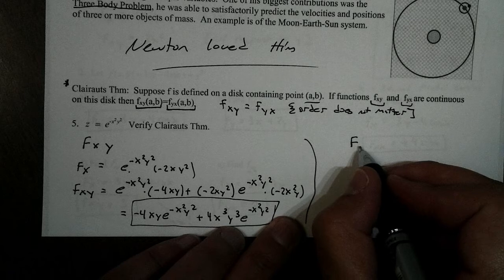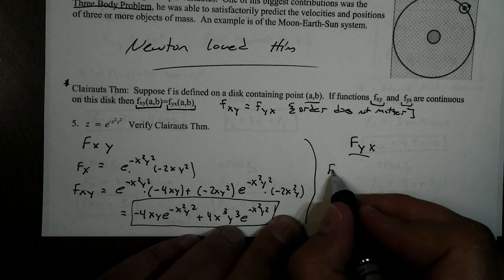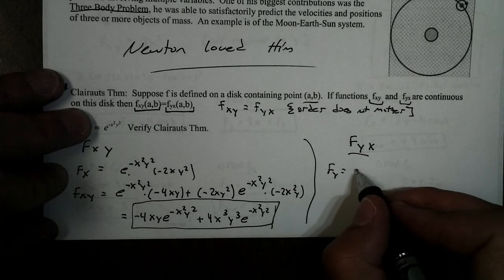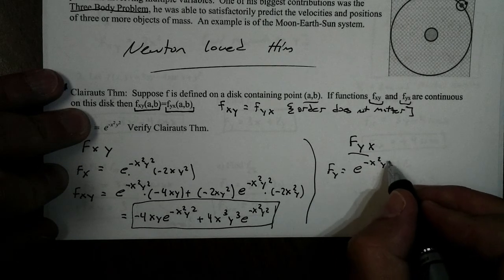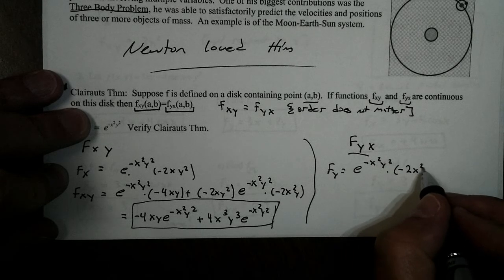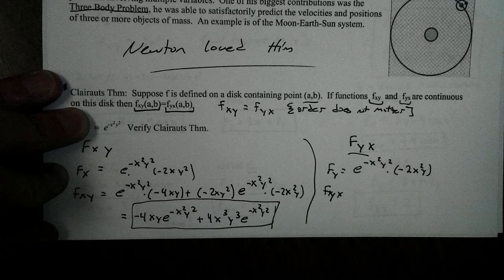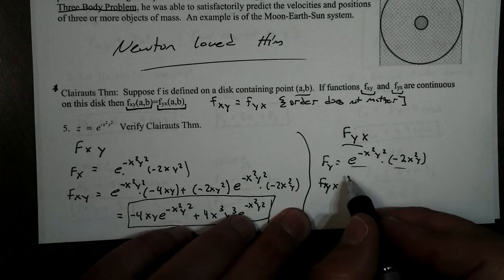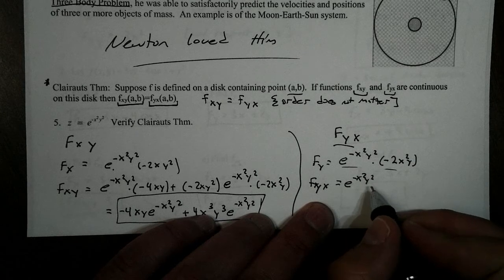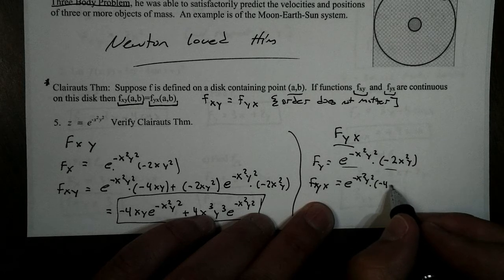All right, now we want to show the partial with respect to y, then the partial with respect to x. So let's take the derivative now with respect to y. So the derivative with respect to y would become e to the negative x squared y squared times chain rule. We're taking the derivative with respect to y, negative 2x squared y. And now we want to take the derivative of our first derivative with respect to x. We are going to have to use product rule again. This is ugly. The first, e to the negative x squared y squared, times the derivative of the second with respect to x, negative 4xy,